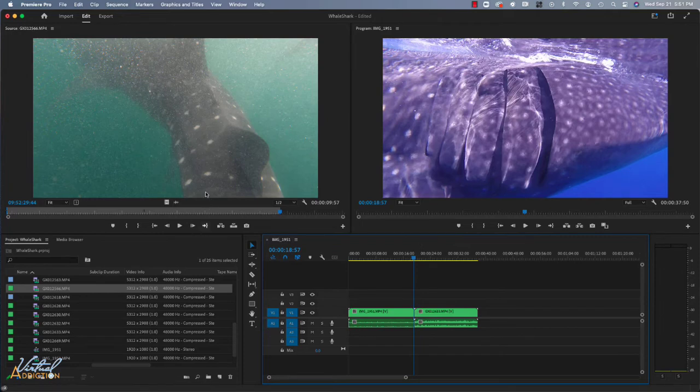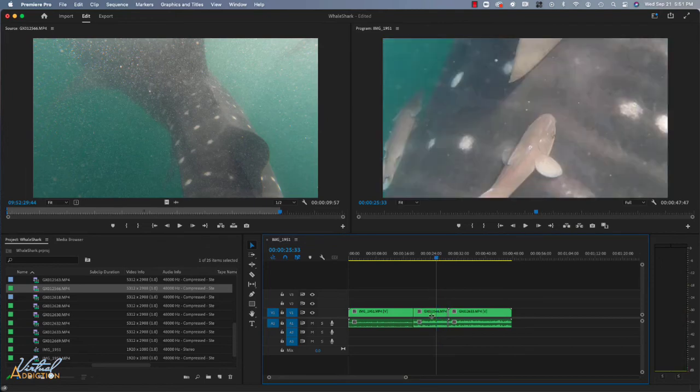So if I was to go ahead and click my comma key to insert this new clip, it's going to insert it. But what happens if we play this clip right here, and of course this clip is not quite the right size, so just note that this is zoomed out. I'm going to delete this eventually, so I'm not going to worry about it. But if we play this,